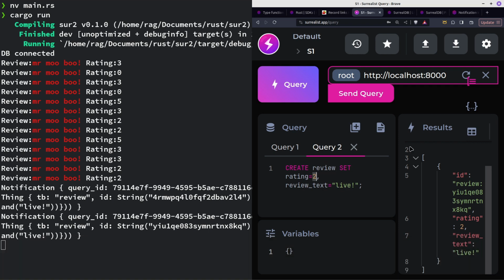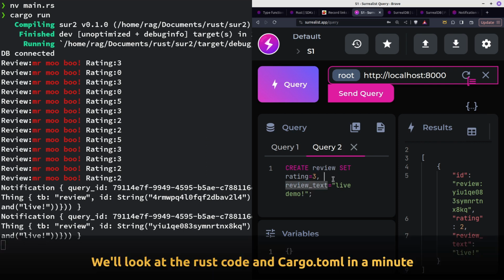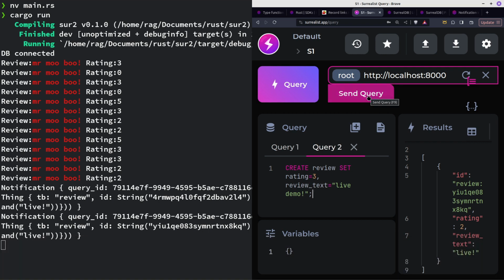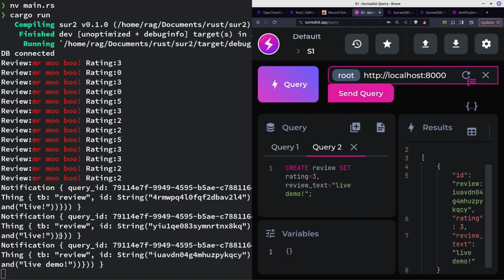So I already ran it with rating 2. Let's do rating 3. Rating is just a key, and 3 is a value. And same with review text. Review text is the key. Live demo is the value. The table's called review. I'm running this locally on localhost port 8000. And if I click send query, keep an eye on the left-hand side, and there you go. So if I do it again,